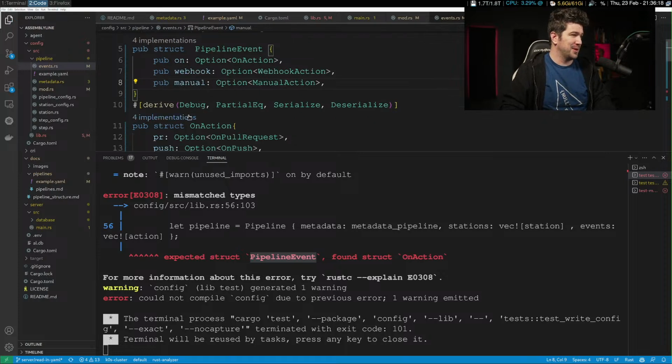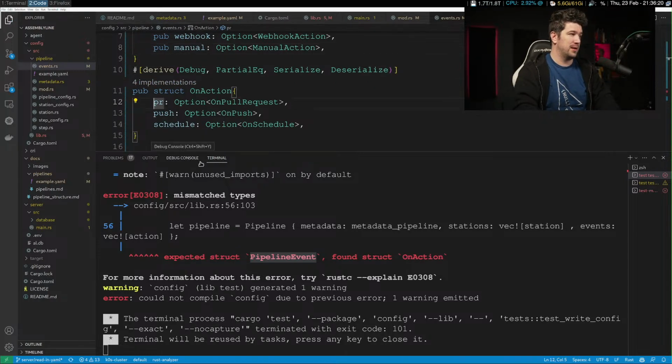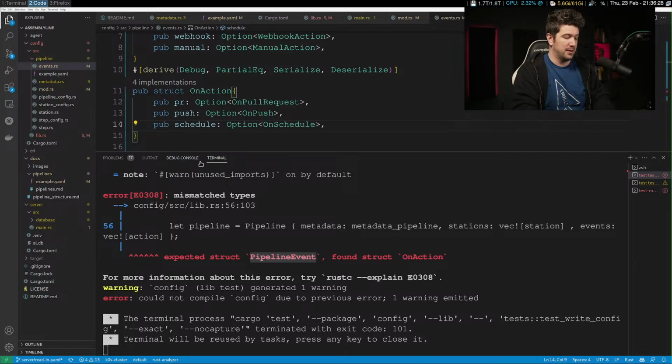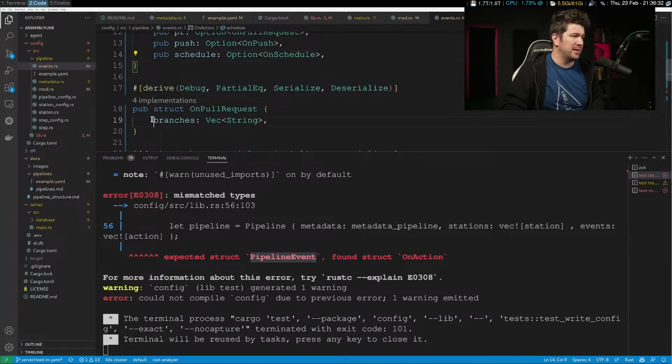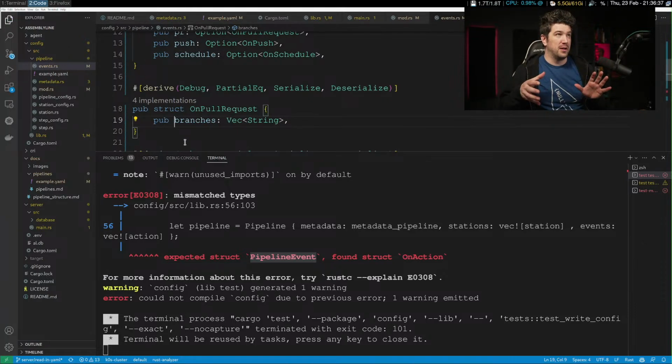We can discuss whether we want to go public or if we want to do access methods. My opinion is that for data classes, which these are, pure data classes, these shouldn't have logic.